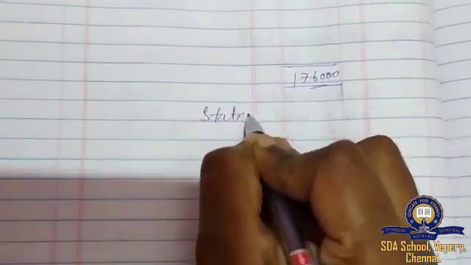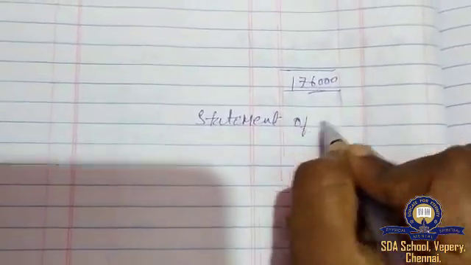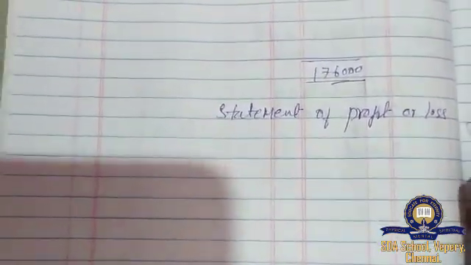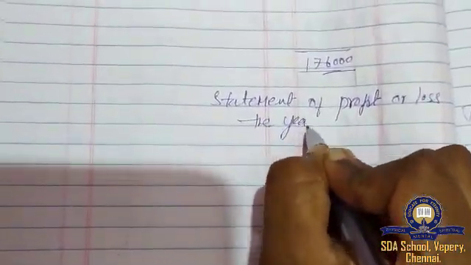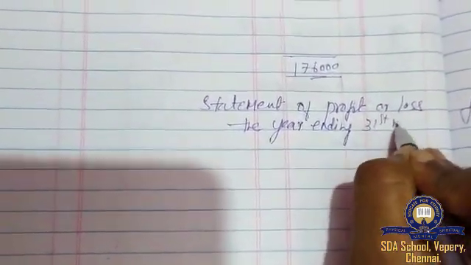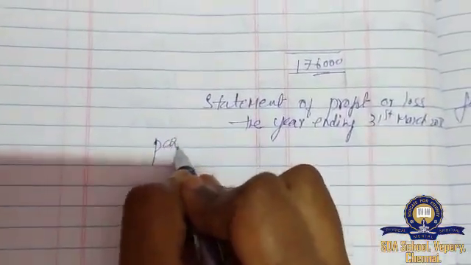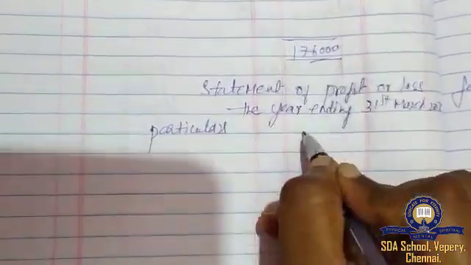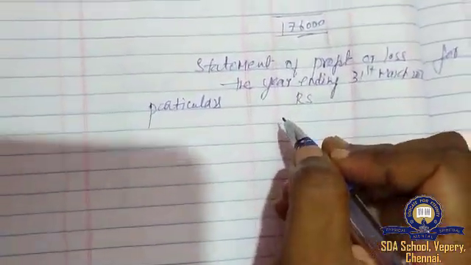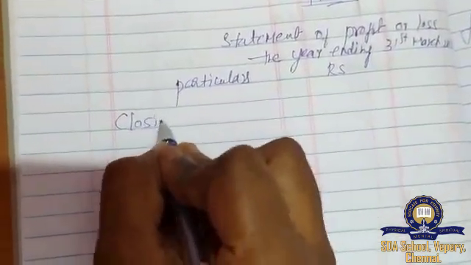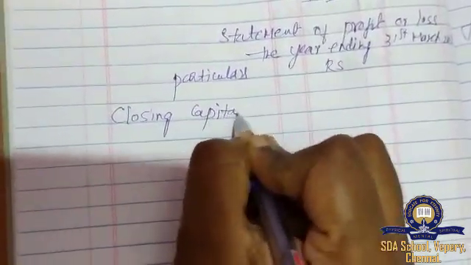So next we are going to create a statement of profit or loss for the year ending 31st March 2018. So particulars, rupees. So we have found out the closing capital amount is 1,04,000. So you know the format very well. Closing capital is